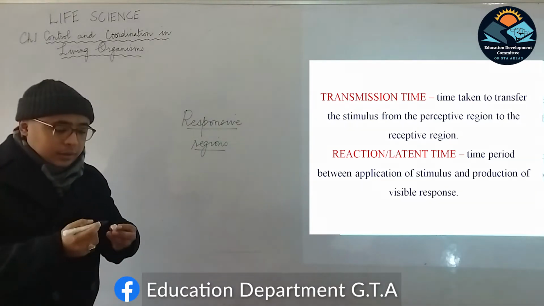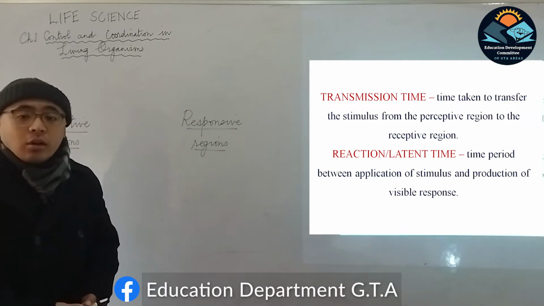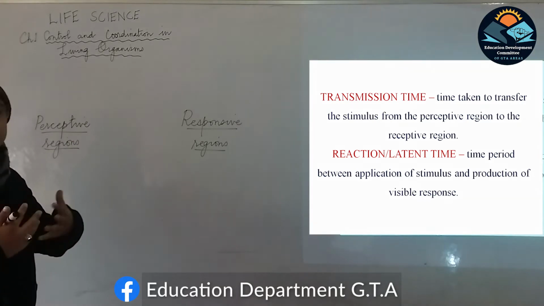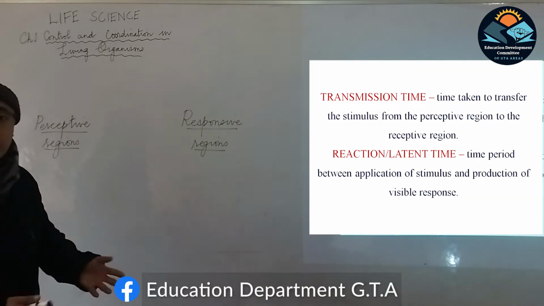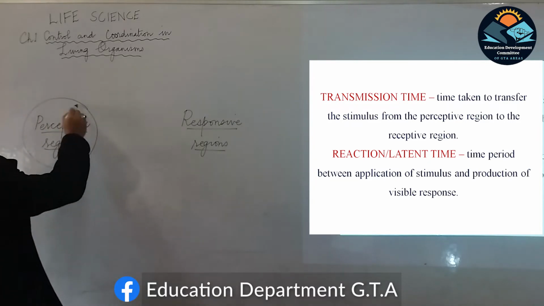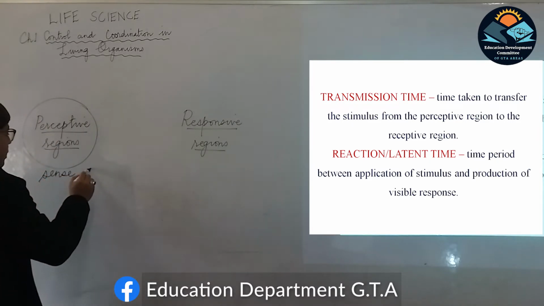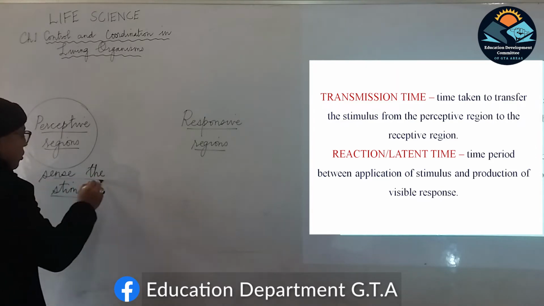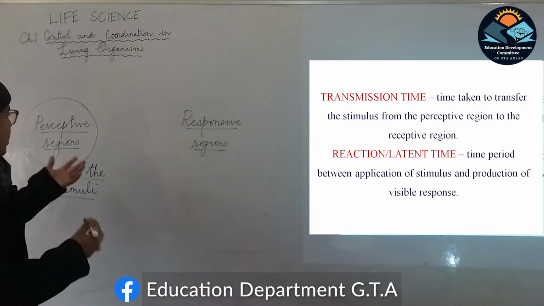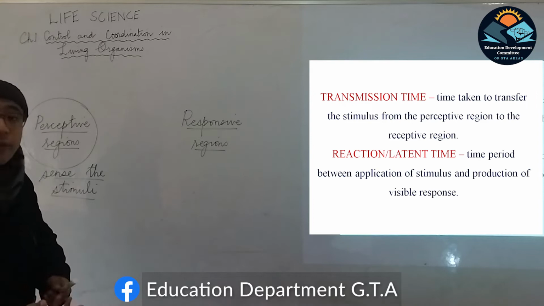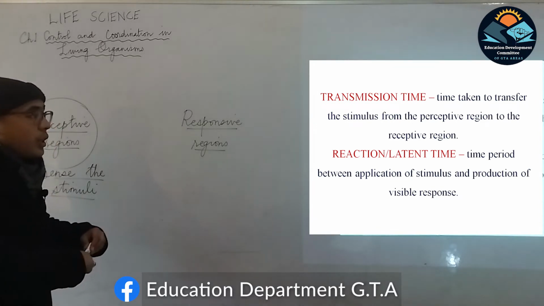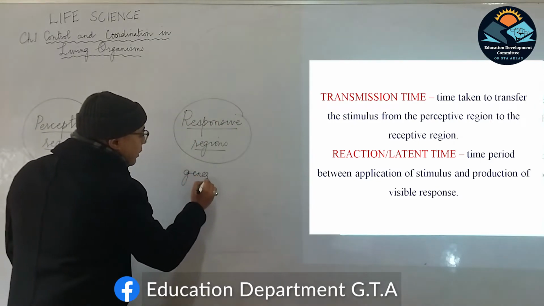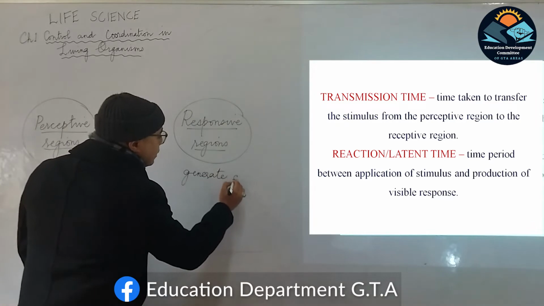Now, plants, since they do not have sense organs like animals, have other parts called perceptive regions, which are able to sense the different types of stimuli in the environment. And with the help of these perceptive regions, they sense the stimuli. Now once they sense the stimuli, and if they are sensitive to that particular stimuli, they will have to generate a response, and that response is generated from other parts of the plants known as responsive regions, which, as I have already told you, generate a